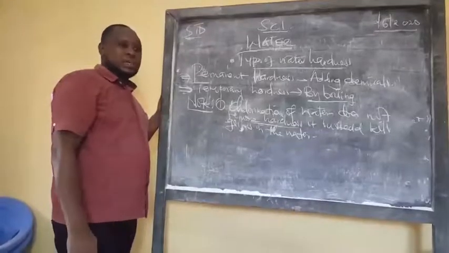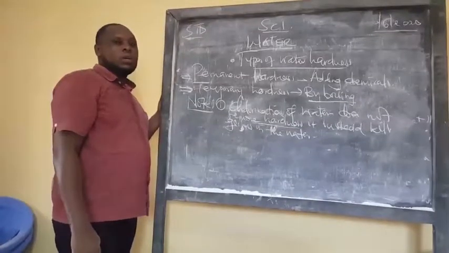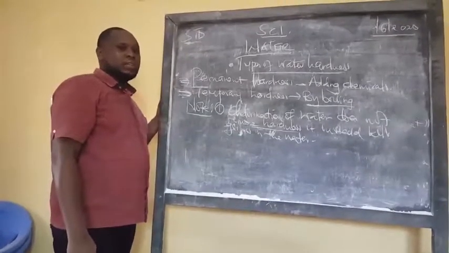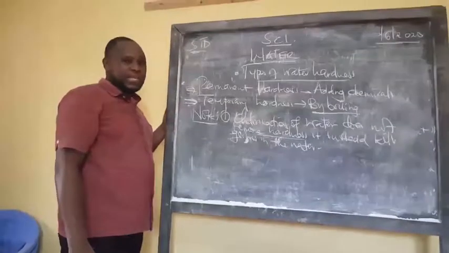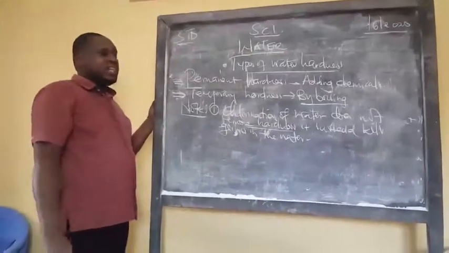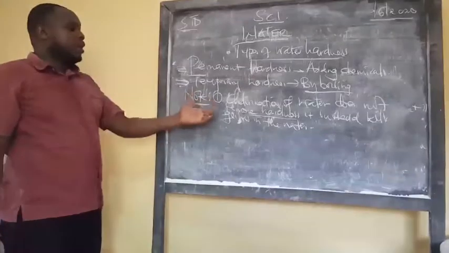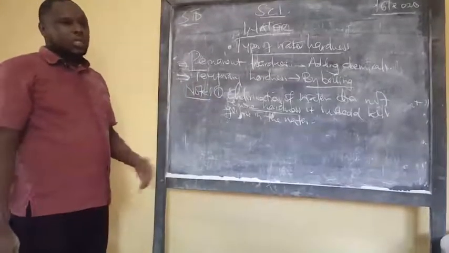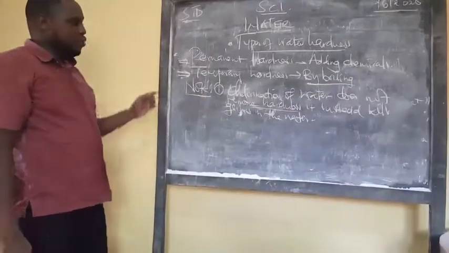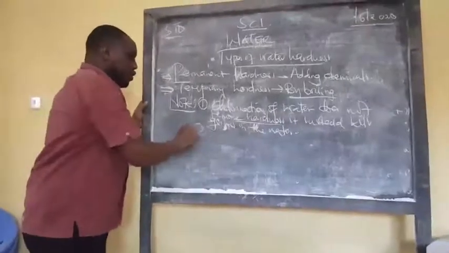So when you add water guard into some hard water, don't think that you have removed the hardness. No, you have just killed the germs. I've given you an example. If you don't have the chlorine, you have what we call the water guard. The water guard is an example of a way of treating water. Our note number 2,